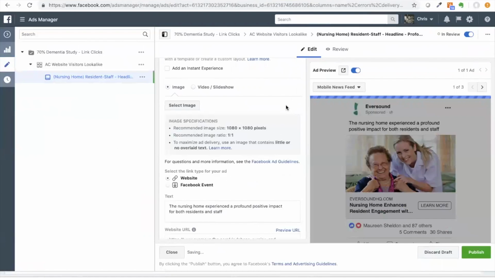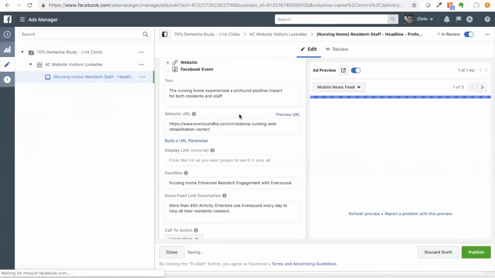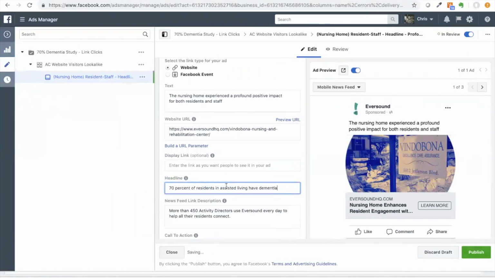So I'll just reset some of these things. I just copied the headline. So I'll start with,